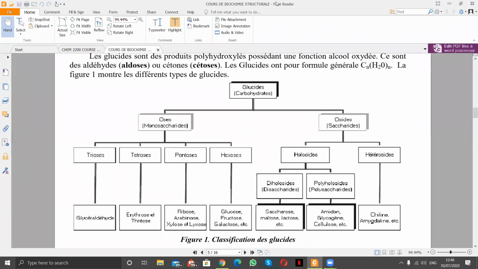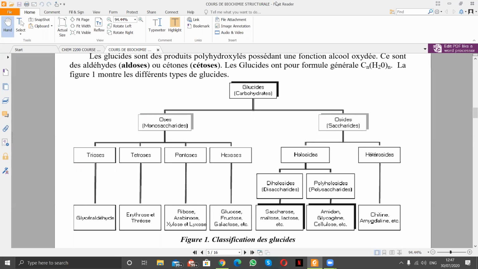Don't get lost here. Let me repeat it before we go further. A sucrose consists of a glucose residue and a fructose residue connected through